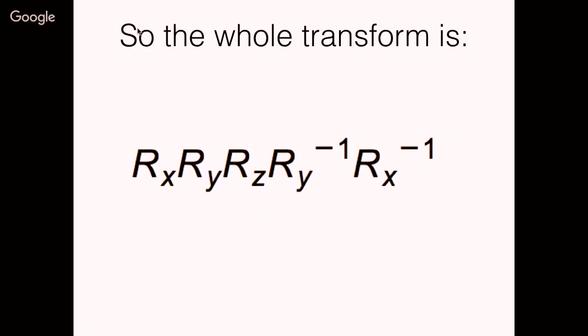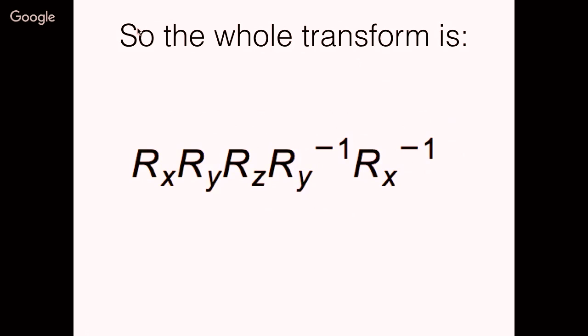So you find the rotation into X, the rotation into Y. The rotation into Z is the actual angle that you were trying to rotate around the arbitrary axis, and then you just put it back where you found it in the first place. And that gives you a matrix that you can generate and apply to your whole model again, and just move your model around in the whole model space.